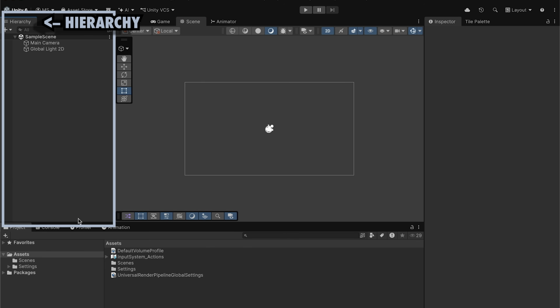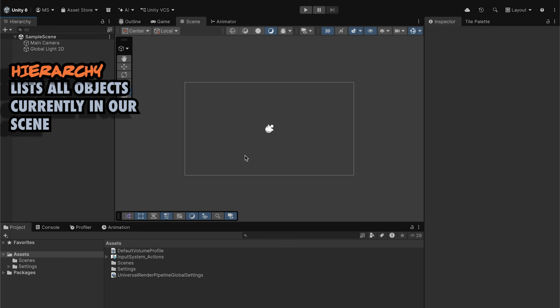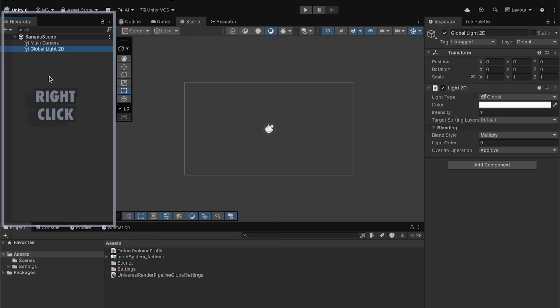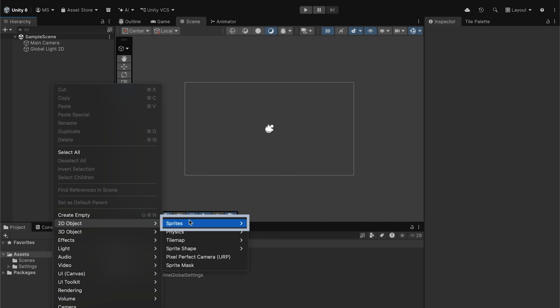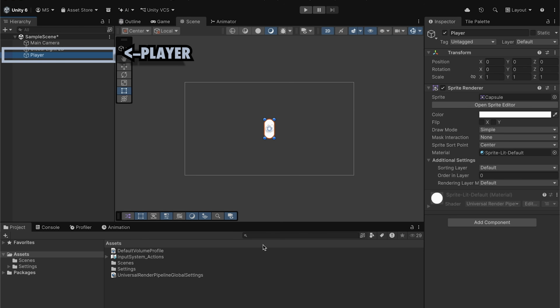Now over here on the left is our hierarchy, and this is just a list of all the items we've put into our scene so far. You'll notice we have a camera and light so far. If we right click here, you can go to 2D object and add a sprite. I'm going to throw a capsule in here to work as my player for now, and I'll give it the name of player. Now that we've added an object in our scene, we have the ability to edit it and